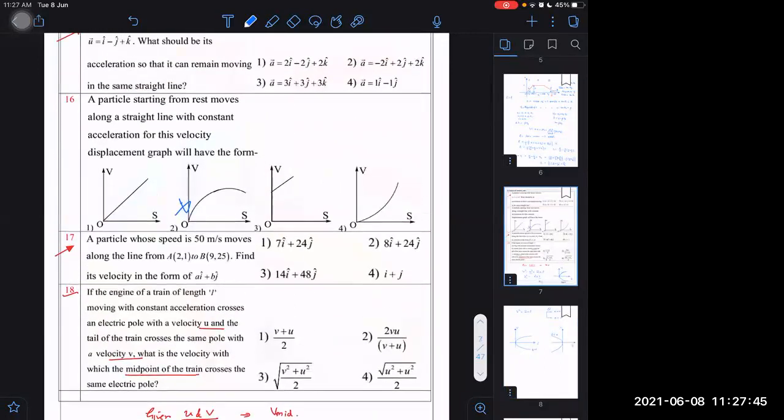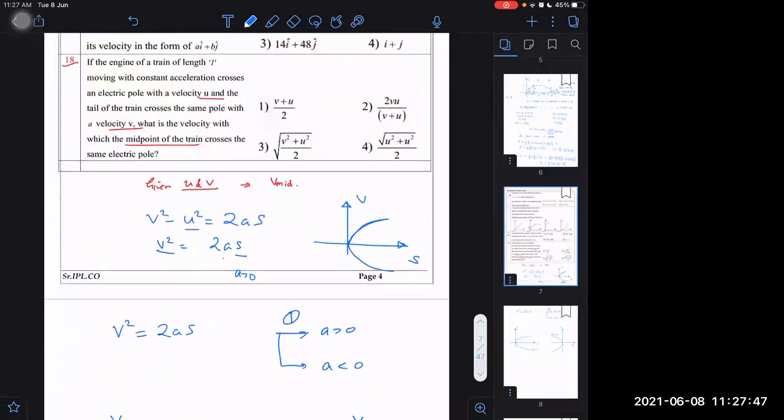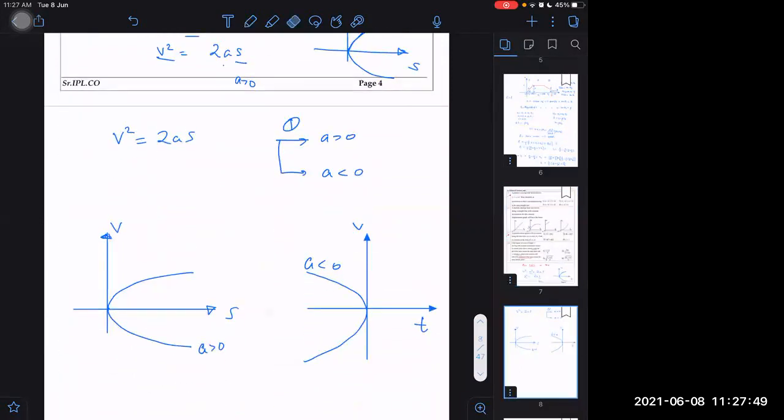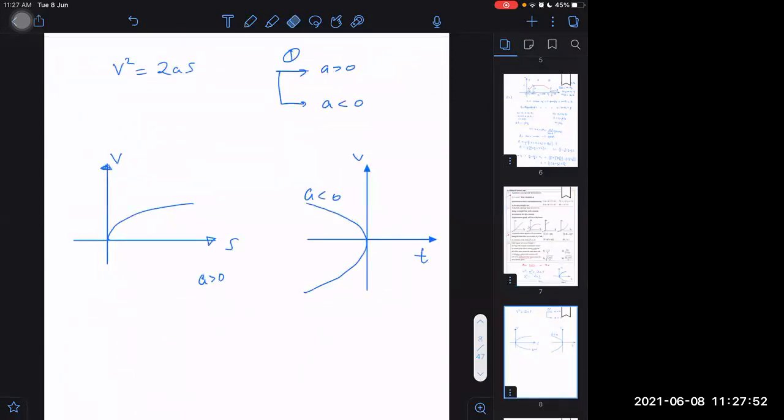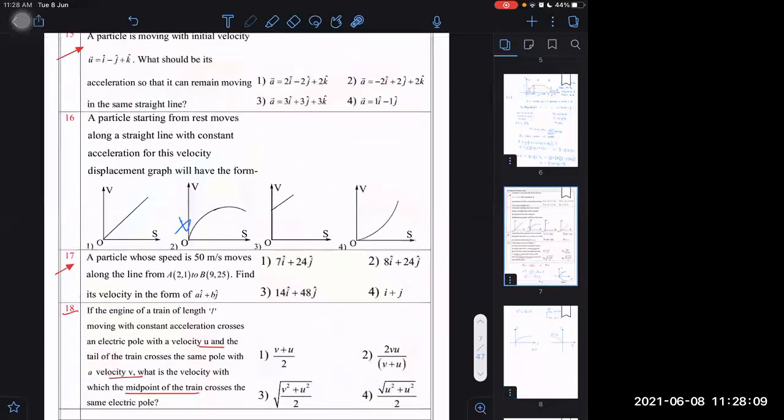None of these graphs is fully given. I could consider one graph correct if they give it. Even if they don't give the lower part, no problem, at least one part should be correct. Maybe B is the only right one, because the graph may have a printing mistake. I think it should not be curving downwards. Let us change this graph slightly and remove this part here. Then I can say the second will be correct.